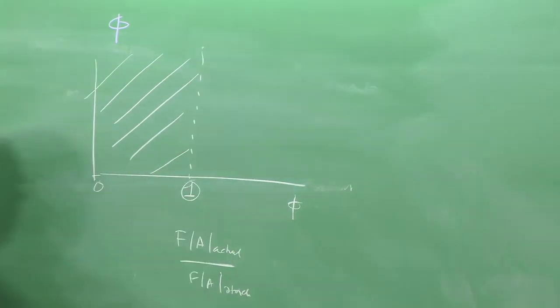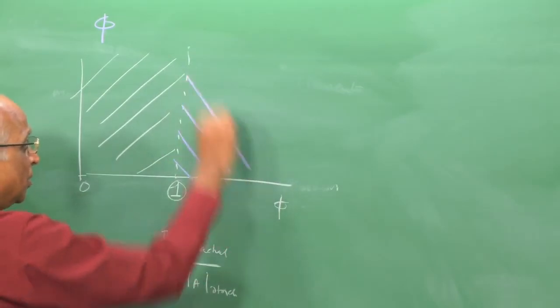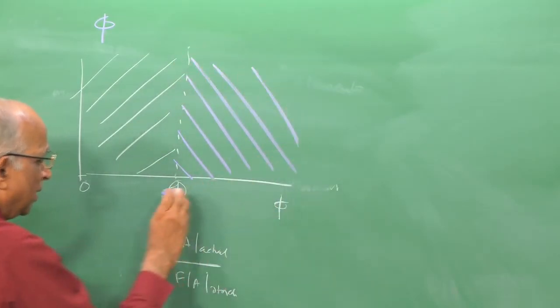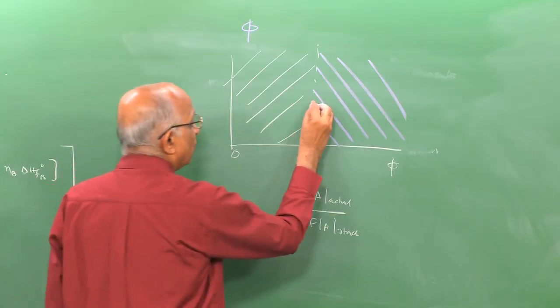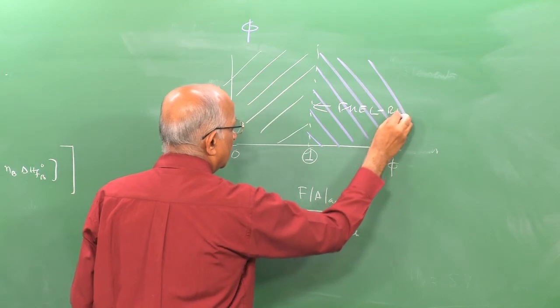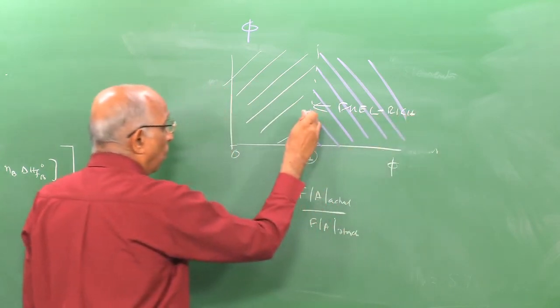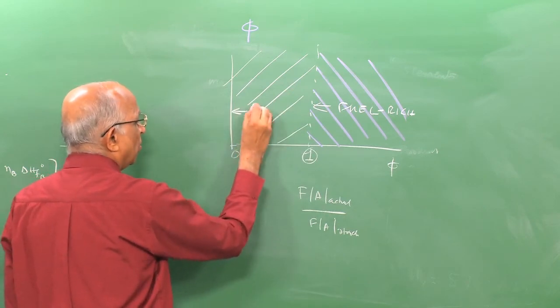That corresponds to a fuel rich mixture, and therefore the region to the right of 1 corresponds to fuel rich,